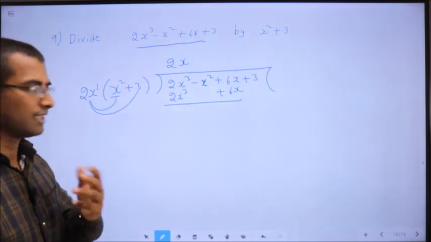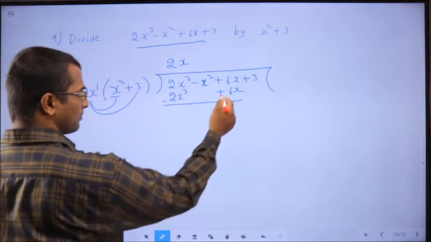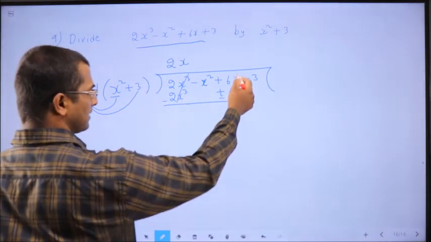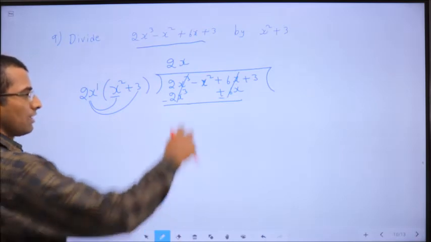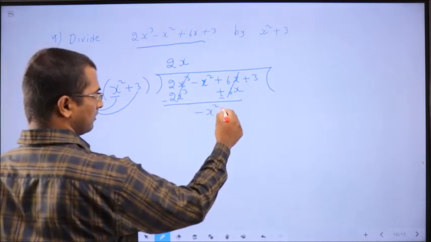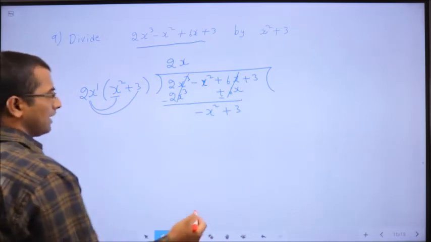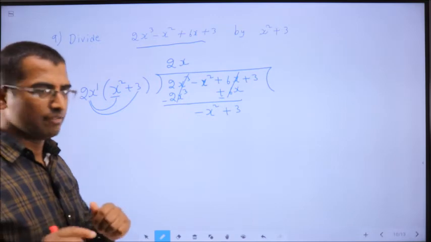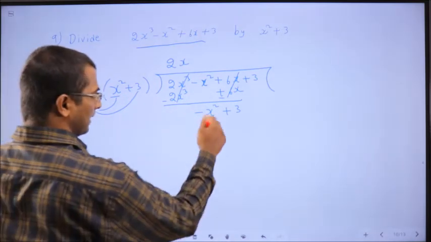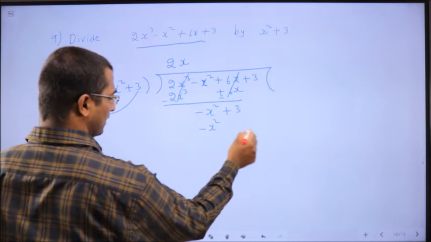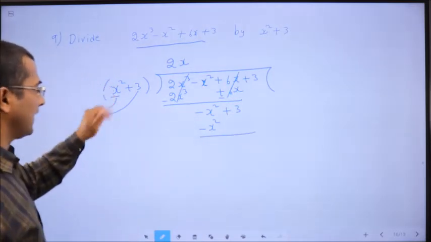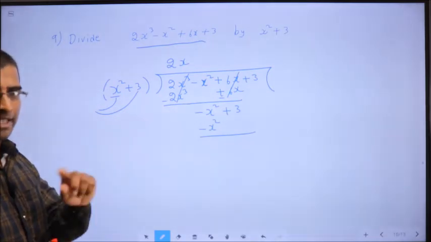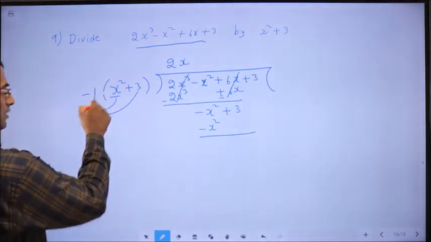Okay. Now change the sign. So here minus plus will change to minus. This cancel out. Here plus 6x minus 6x cancel out. Here minus x square carried down plus 3. Now here x square, degree is same, so I could still continue my division. And here minus x square, below also I should get minus x square. Here it is x square, with what do I need to multiply such that it becomes minus x square? I should multiply with minus 1.